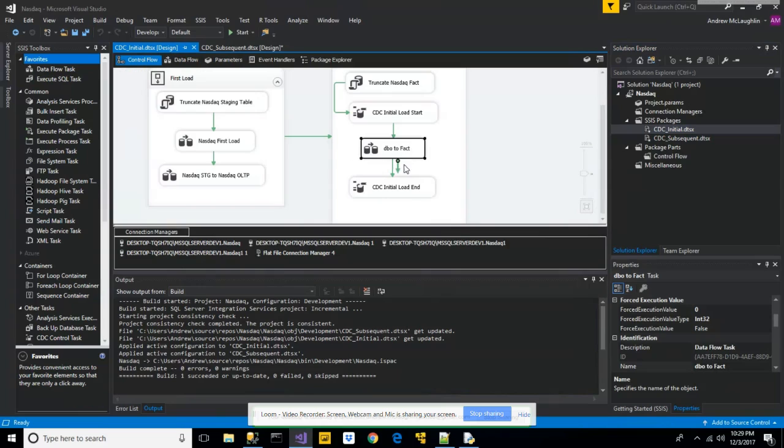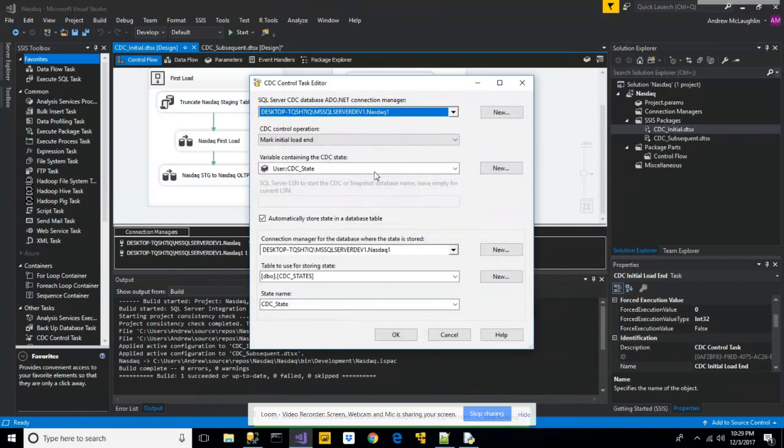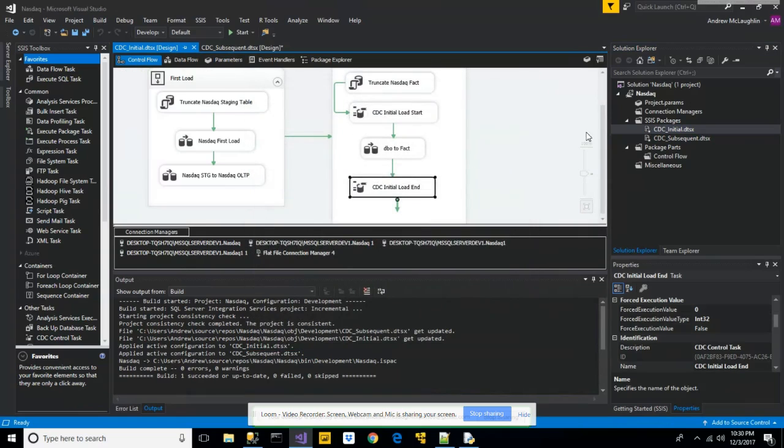Once all of the data is in there, we've cleared that table out, and we said, okay, we want to initiate the tracking on this table, the change data capture. Then we mark the initial load as the end, again using the CDC state. All this is the same as before, same connection and state table, and the state name is CDC underscore state. Basically what that's doing is setting up the